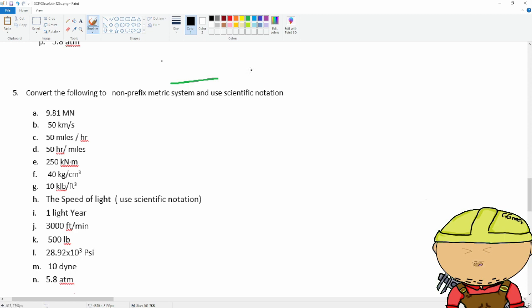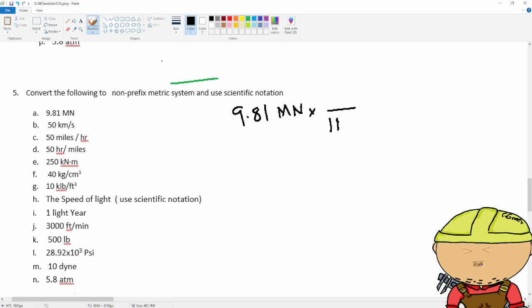Okay. So, convert the following to non-prefix metric system. It doesn't require here that we convert them to CGS or MKS. It just says non-prefix metric system. Meaning, for letter A, Newton is already a unit for metric or SI unit. So for letter A, we're just going to take out the prefix. Okay? So, 9.81